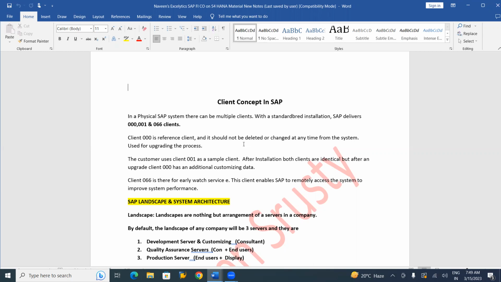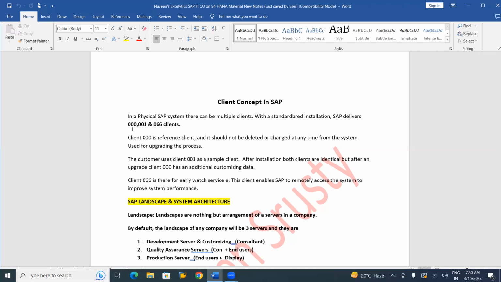To understand the end-to-end process, not the customer process but the complete SAP implementation process, because you are a fresher and don't have previous knowledge or experience. In this 000 client, all the complete steps will be there, a kind of guide. We can view it, read it, and understand it from 000 client, which is updated by SAP AG. The company of SAP will update it and give it to the customer.